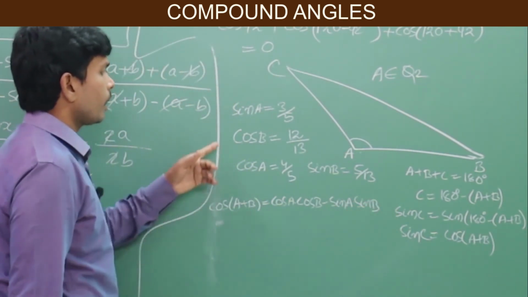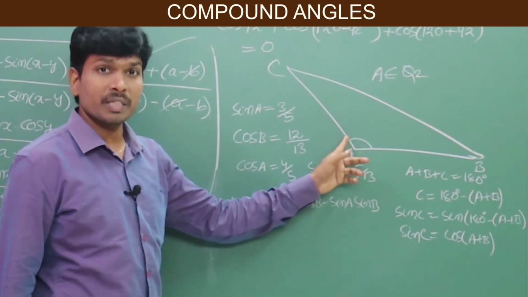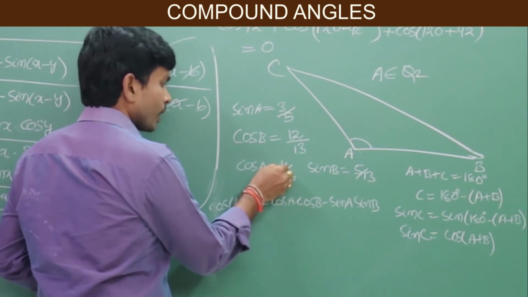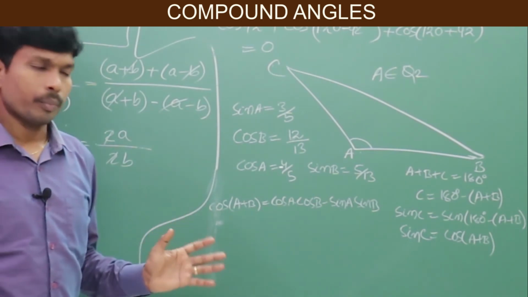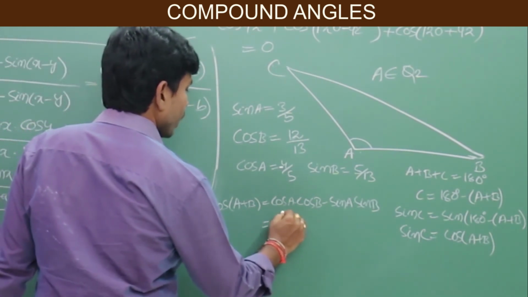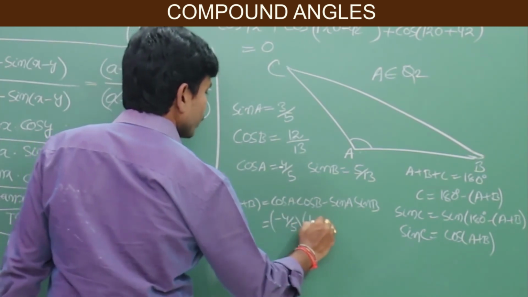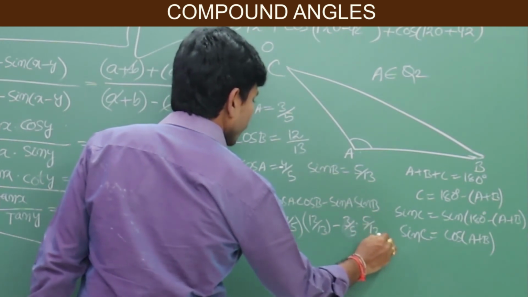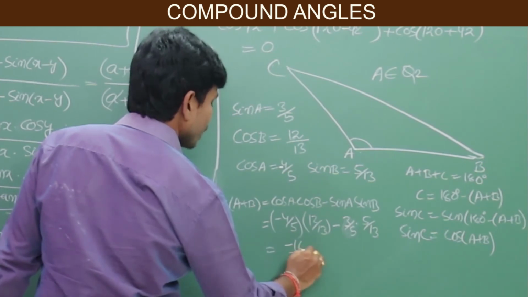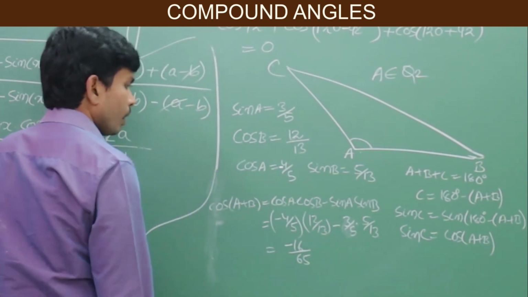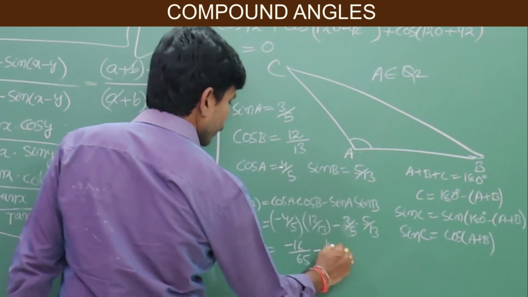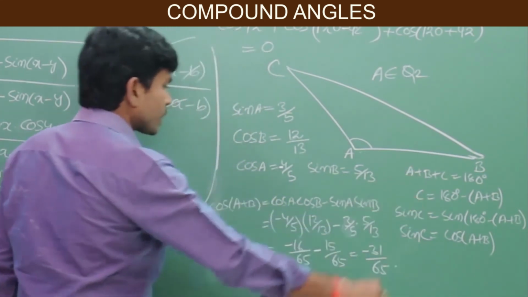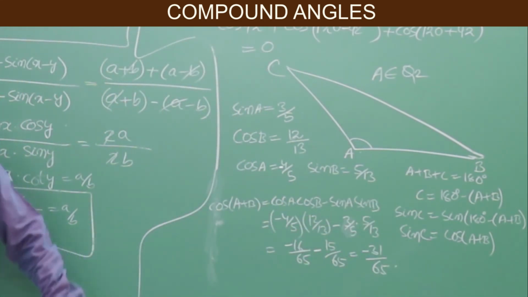See, here A is the obtuse angle. Obtuse angle means that it is in the second quadrant. In the second quadrant, cos is negative. So here you will get the negative sign. Enough. The problem is over. Now say to me, cos A value −4/5, cos B value 12/13, sin A value 3/5, sin B value 5/13. So 12 fours are 48, minus 48 by 65. Here, what did you get? Plus 15 by 65. So your answer is minus 33 by 65. It is the final answer. So all those applications we have discussed.